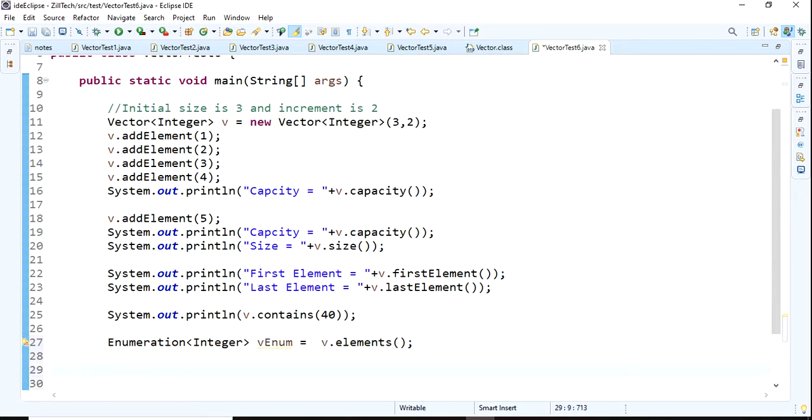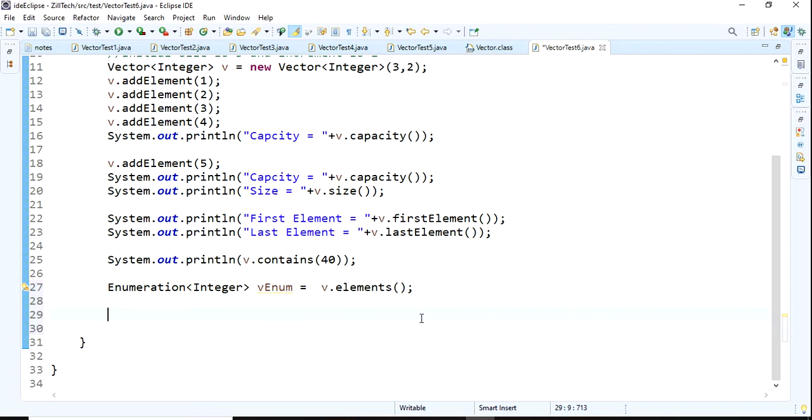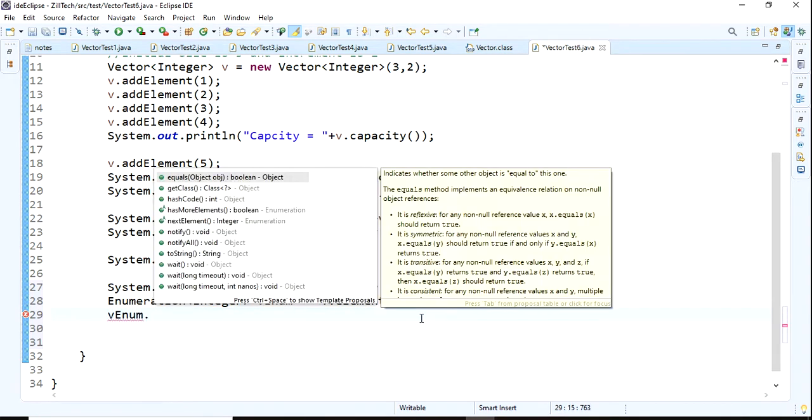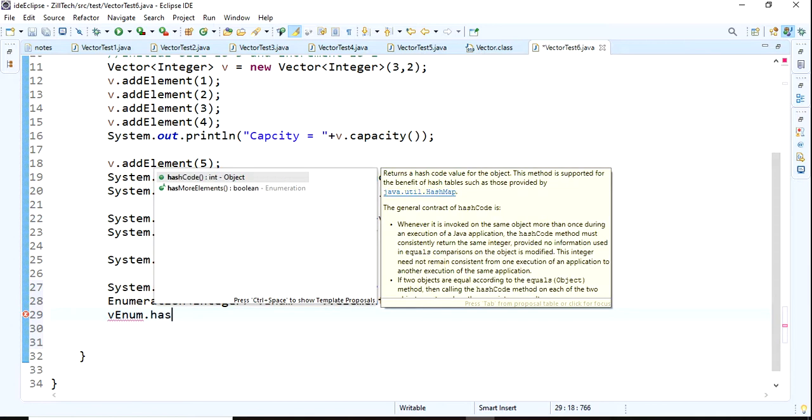Next, to print each and every element, our enumeration has given one method called hasMoreElements.